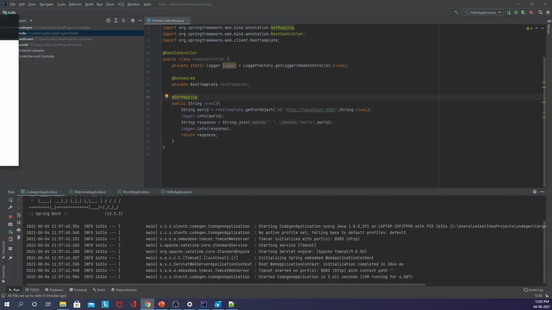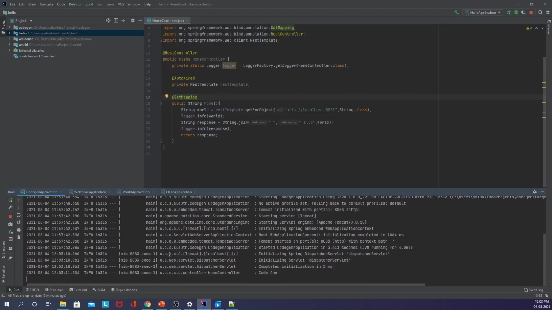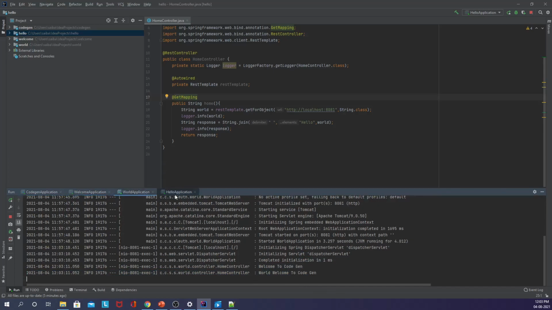Okay. Now let us invoke the 8080 port, which is the starting entry point for this microservice application. So if I invoke it, it responds with "Hello world, welcome to CodeGen." And when I look through the logs, here we can see some of the log statements in each microservice. And now I'm going to add the Spring Cloud Sleuth dependencies to each of these microservice applications and restart the application and see what effect it has on these microservices.